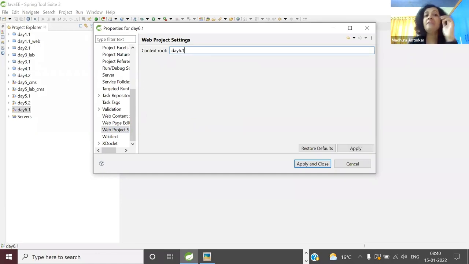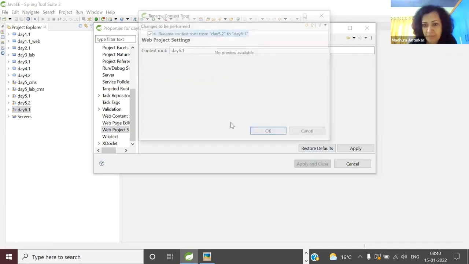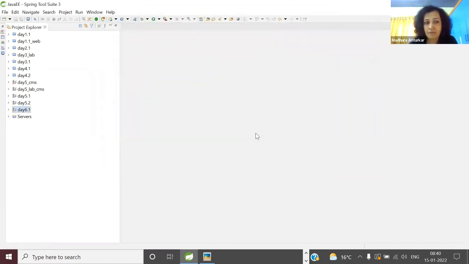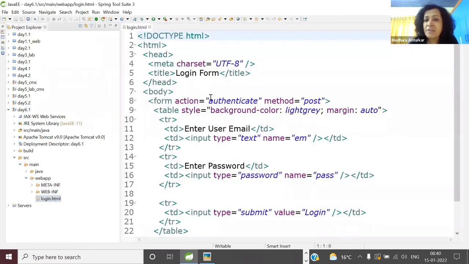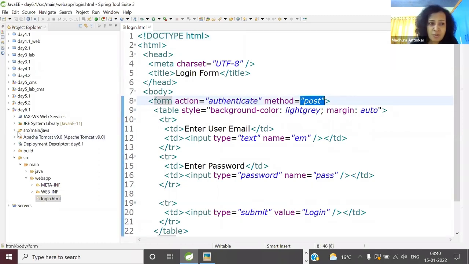Can context root have a different value than the web project name? Yes, but as a norm, we are keeping it the same. Okay, so open this and let's test it. Everyone knows the welcome page is the login form. The login form is submitted to the authenticate URL using method equal to post. So open